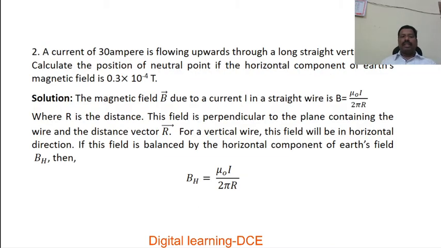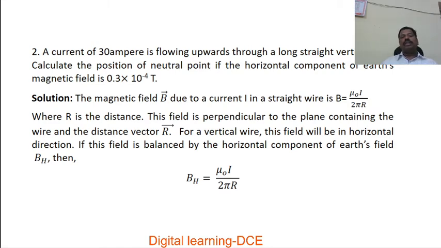Second problem: a current of 30 ampere is flowing upwards through a long straight vertical wire. Calculate the position of neutral point if the horizontal component of Earth's magnetic field is found to be 0.3 into 10 power minus 4 Tesla. Here current is given and it is a straight current carrying conductor problem. We have to calculate the position of the neutral point, where the magnetic field is zero. Here the horizontal component of the Earth's magnetic field, that is BH, is 0.3 into 10 power minus 4